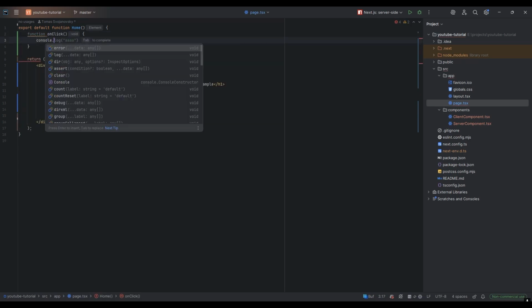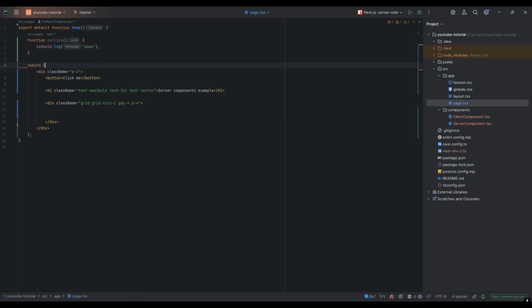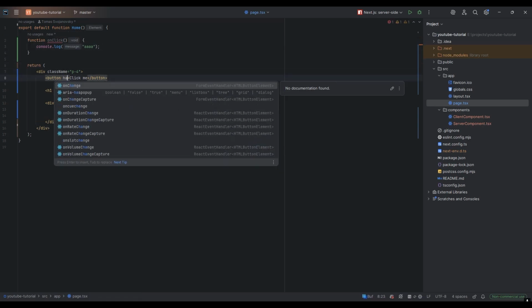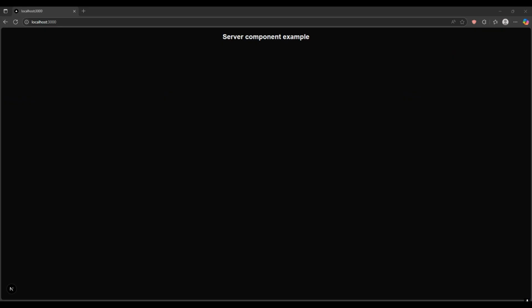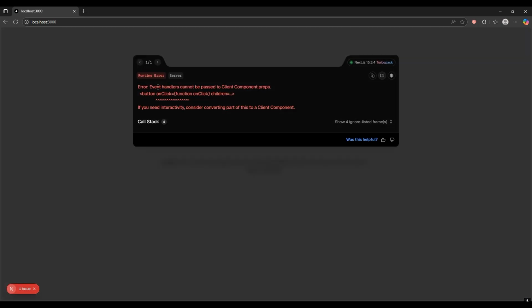On click, log, let's say, AAAA. Let's run it, and you can see: event handlers cannot be passed to client component props, because it's